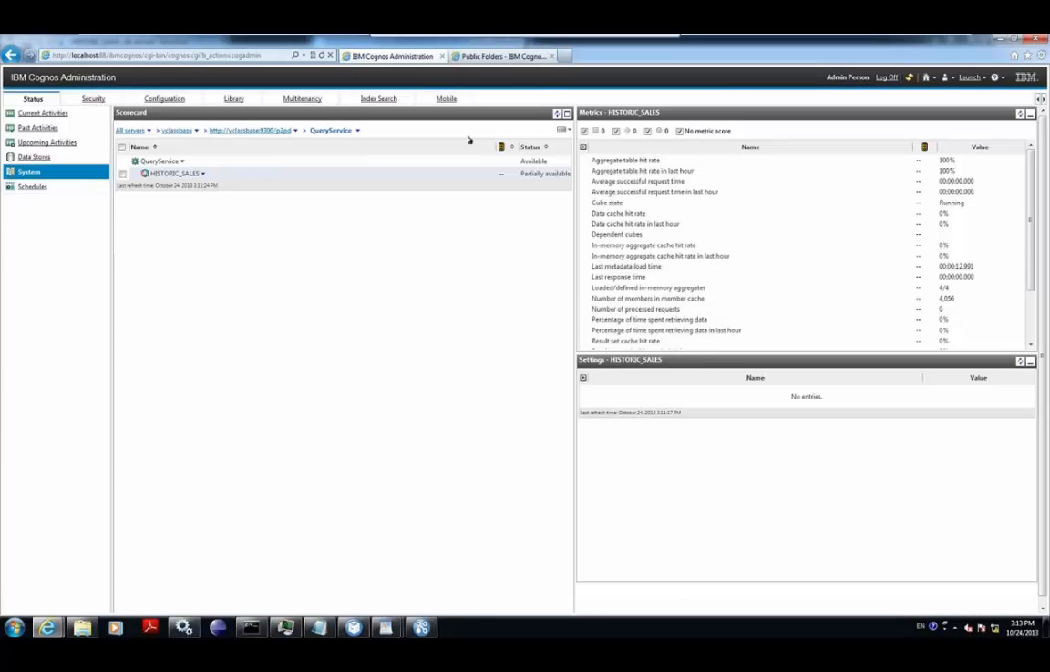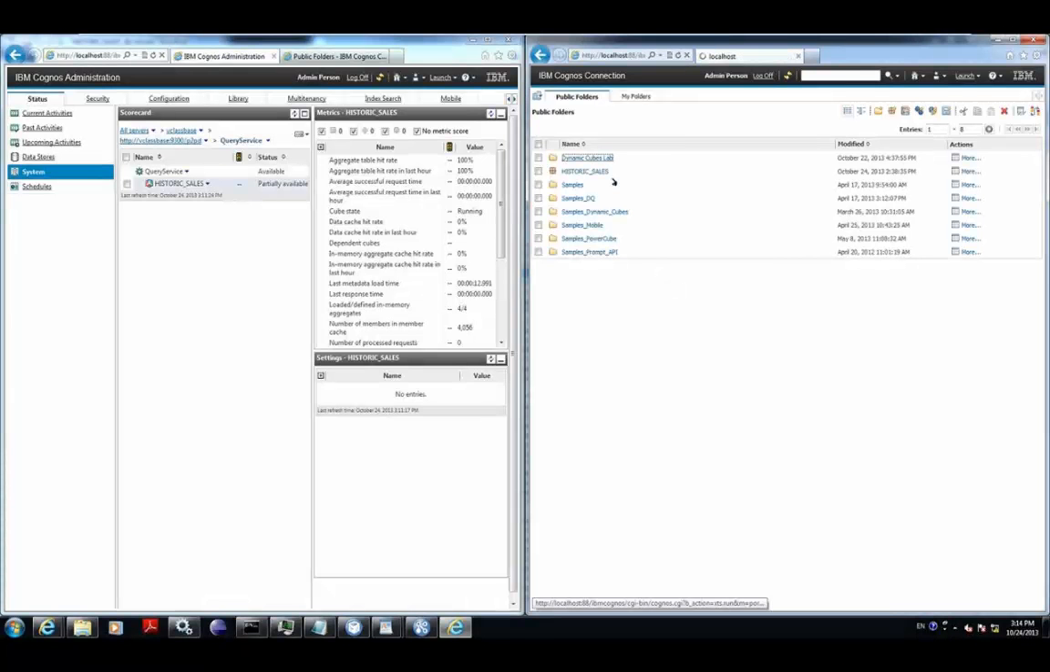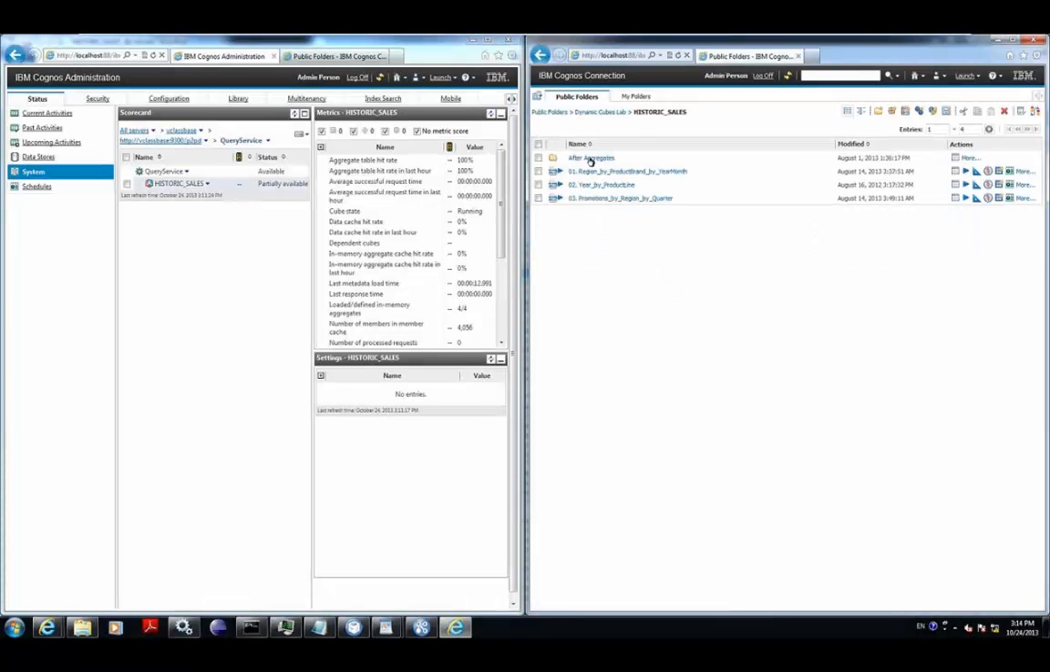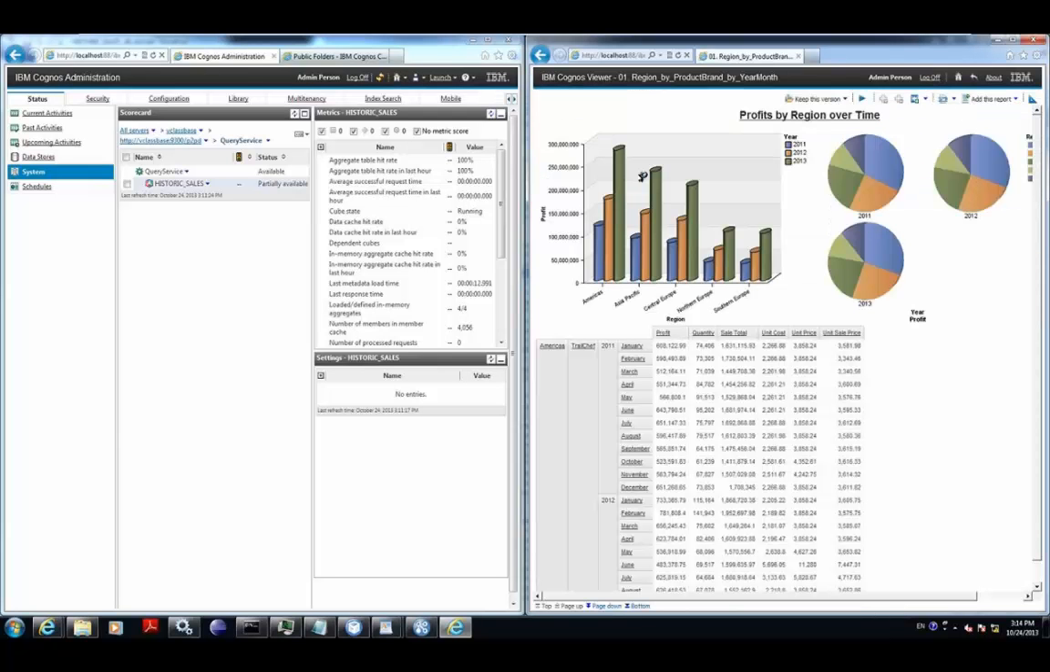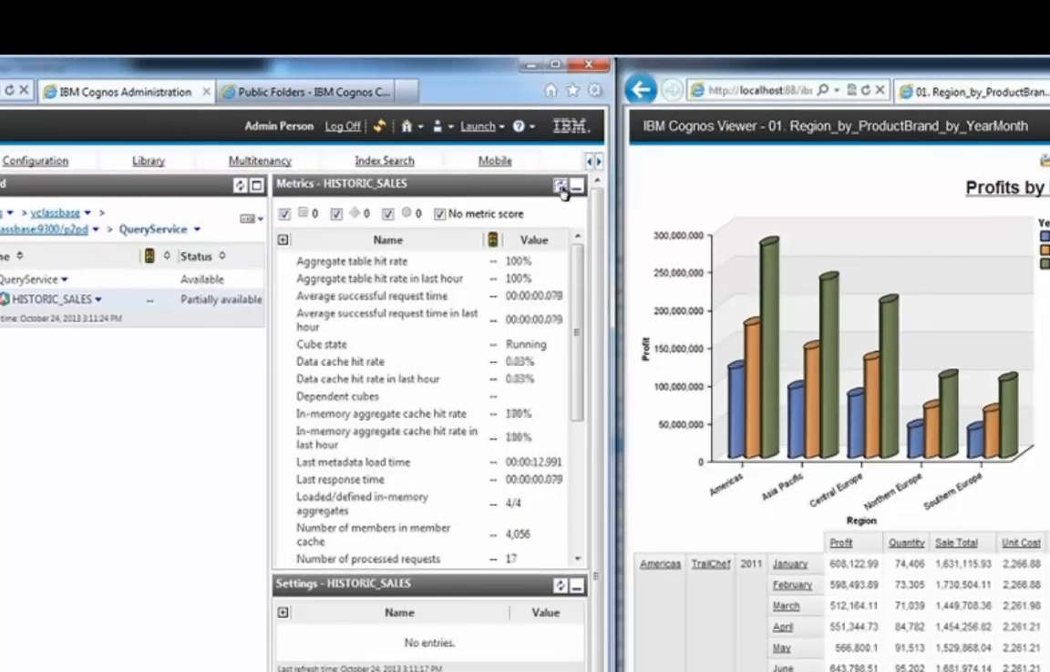So now let's rerun some of those reports and take a look at those metrics. All right, let's go back to our Cognos content, to the lab, and the historic sales reports. So let's run this first report again here. All right, that was fast. So let's look over here on the metrics, refresh that. You'll see here that the data cache hit rate is up. It used the data cache a little bit, as well as the in-memory aggregate cache hit rate is now 100%,